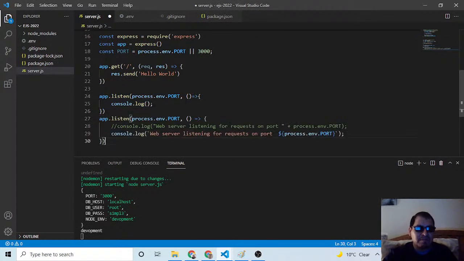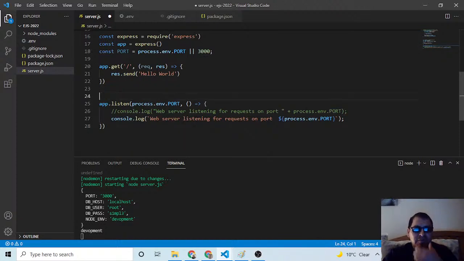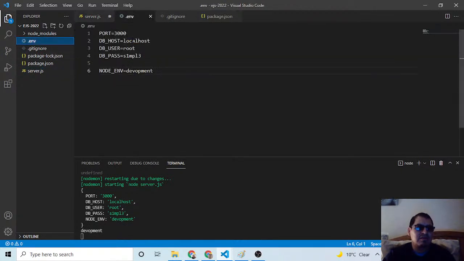Okay, so I get the port variable from here. This is the port. This is the web server port.